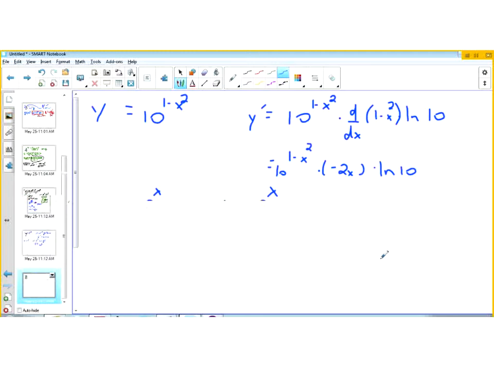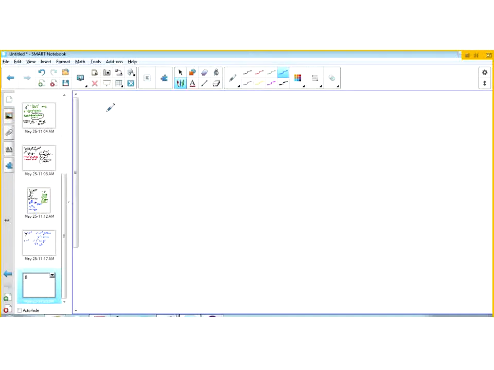How about this? Say y is equal to the tangent of the tangent of the tangent of x. Now I can't think of any particular application of this function, but nevertheless it does have a derivative, okay? And so y prime would equal to